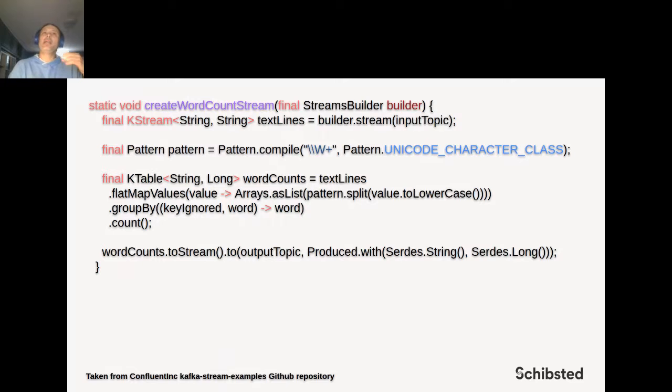is to take that table that we are seeing there, convert it into a stream, and then write it to a topic. So we'll have an input topic where we get what we're reading, and we will produce an output topic. And as you see, the output topic in the final line there, it says produce with. It will have a string as a key, basically the word that we're interested in, and it will have a long as a value, basically how many times we are seeing that